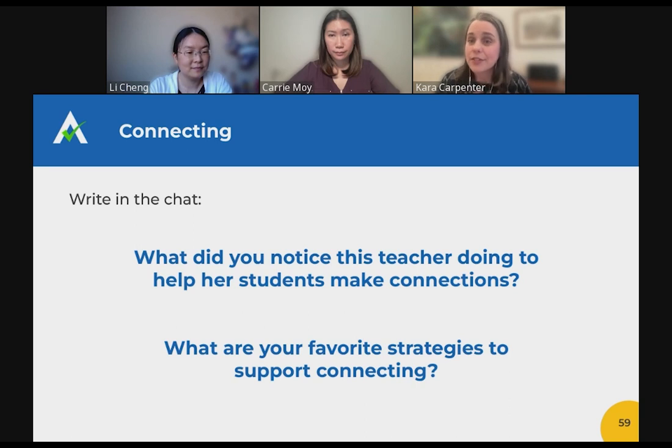One of my favorites I shared earlier, it's like the anchor chart. It really helps. I can put that up and we can refer back to it later, and we can say, yeah, these are some of the things we learned about how to make models. These are some of the things that we learned about how to approach problem solving together in our class. And so if you all can write down in the chat, what are some of your favorite strategies